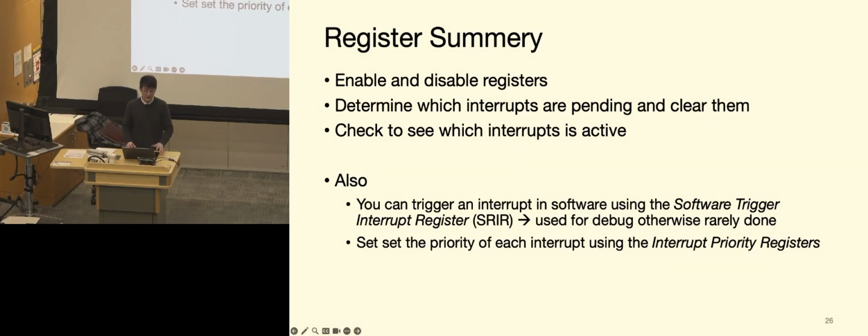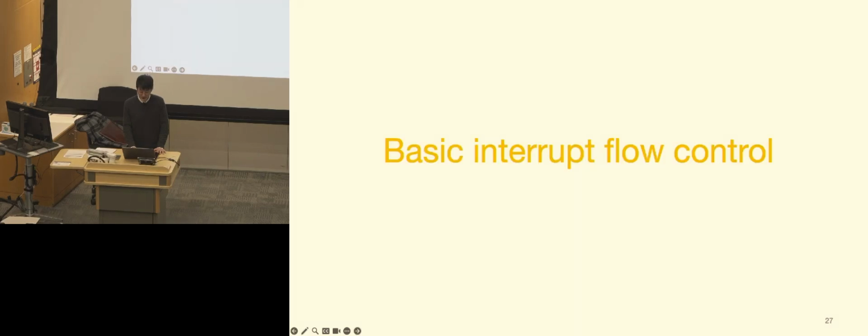And the next is for setting the priorities. Basically, it's another register called interrupt priority registers that allow you to set a priority value to each of these interrupts, which we'll talk a little bit more about in the next parts of the lecture. So yeah, as we were saying, to give you a little bit of an overall view of what's happening to each of these register values and at which state,